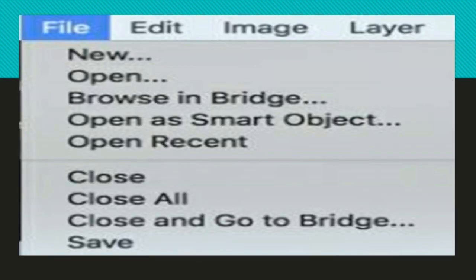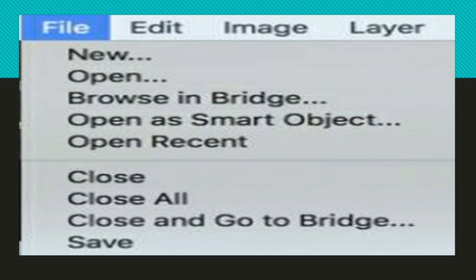Closing a publication. If you want to close the publication, we have to click on File and then choose Close. If you want to open it again, we have to click on the File button and then click Open. The existing file will be opened as it is. If you want to exit, the same thing will be followed: click on File and then give Exit.